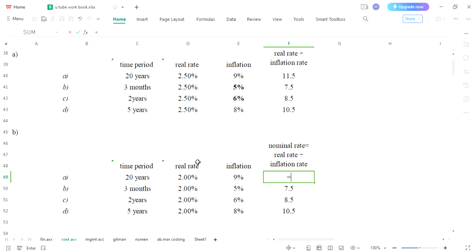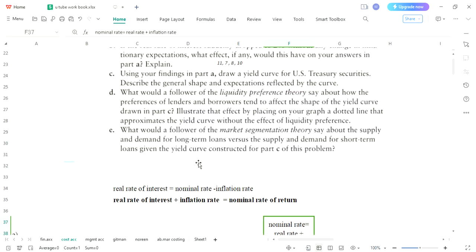Your real rate was 2, inflation 9, so you have got 11, and same function you will be doing 2 plus 5 and then 2 plus 6 and finally 2 plus 11. So we have got our answers 11, 7, 8, 13. Look over here, 11, 7, 8,